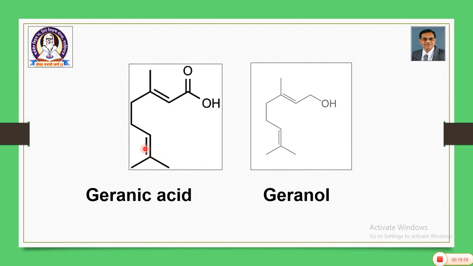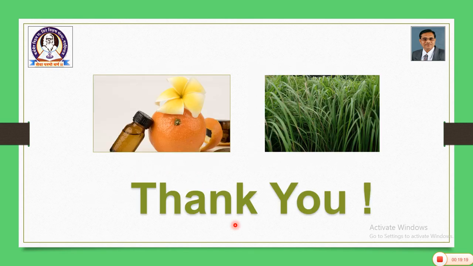That means there are 2 double bonds, then there is one oxygen, this is of course acid, this is alcohol. So, formation of acid, formation of alcohol, presence of double bonds, their positions, everything can be explained with the help of this structure. So, with these analytical evidences we will stop here for the determination of the constitution of citral.